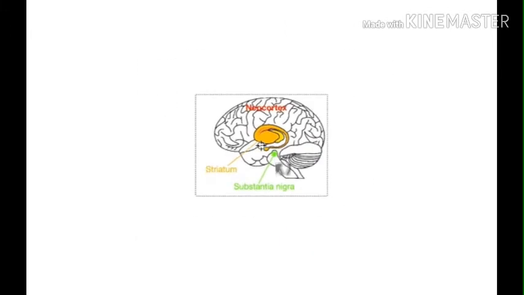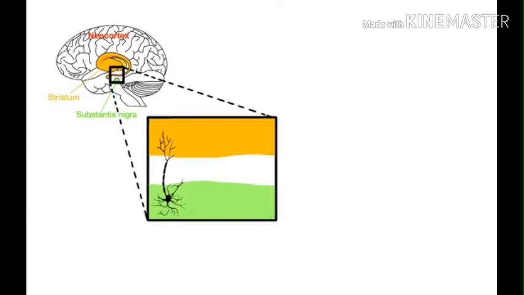Now, Parkinson's disease develops when the neurons connecting the substantia nigra to the striatum progressively degenerate. Since dopaminergic neurons that originate in the substantia nigra normally exert inhibitory effects on GABA neurons located in the striatum, too little dopamine results in more GABA, causing increased inhibition of the thalamus, as well as reduced excitatory input to